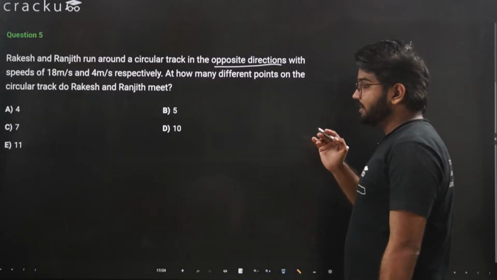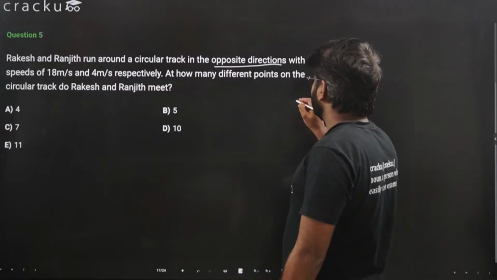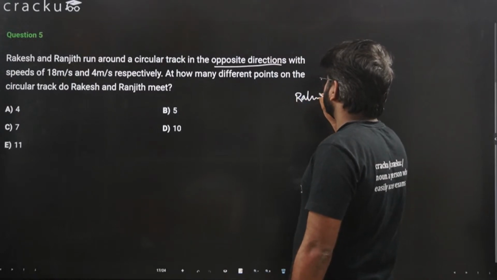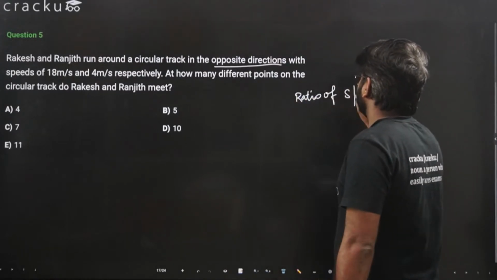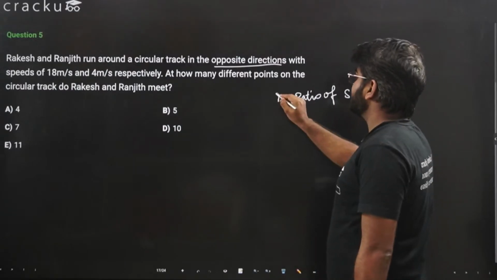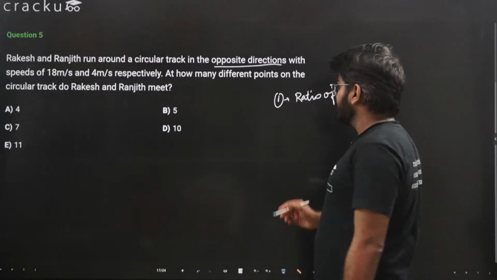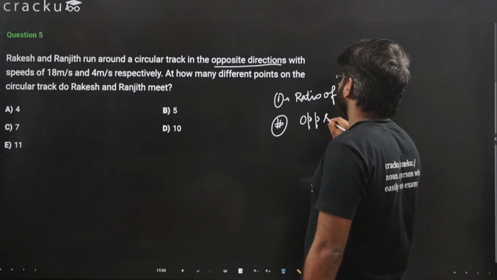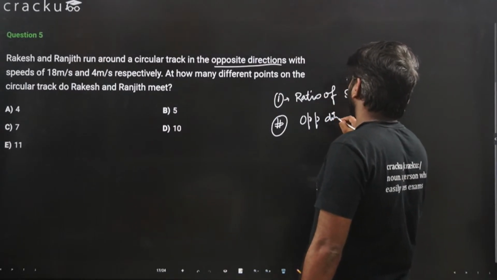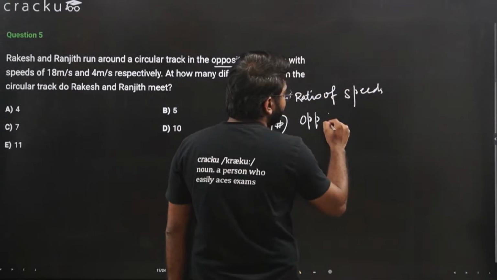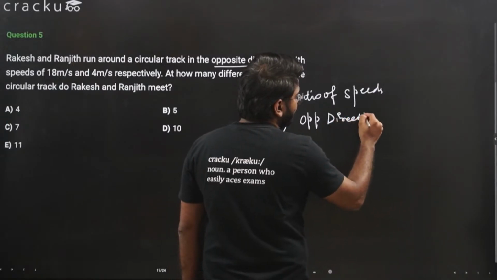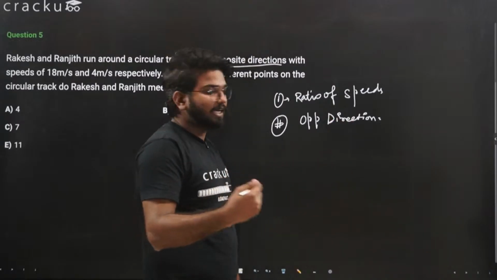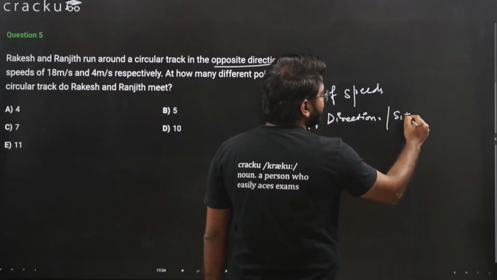We know that when they move in the opposite direction. So first we will calculate the ratio of their speeds. This has to be in the simplest form. Second, we'll revise: if they are moving in opposite direction, then the number of distinct points at which they will meet is the sum of their ratio,